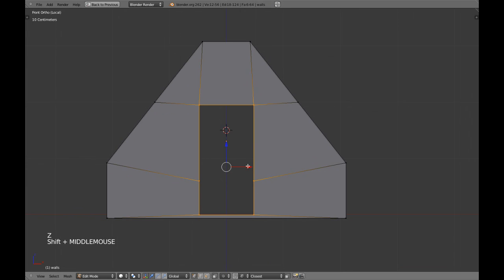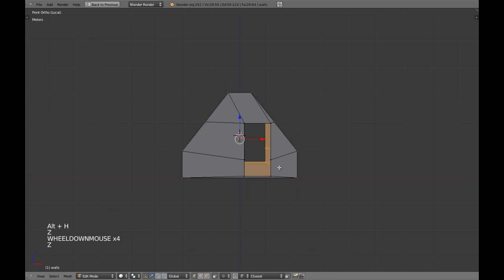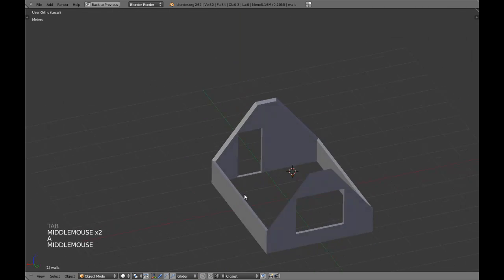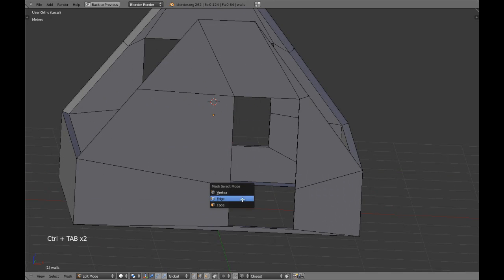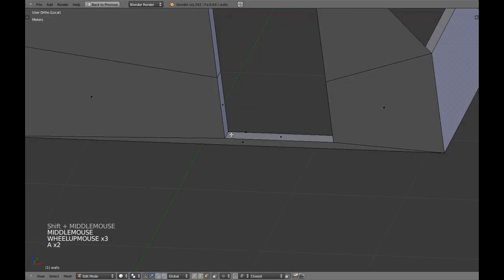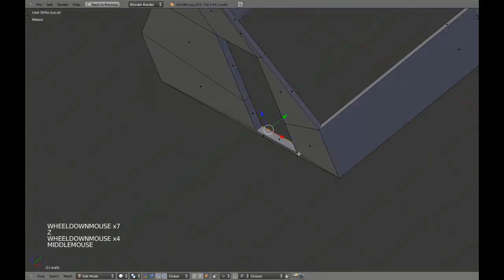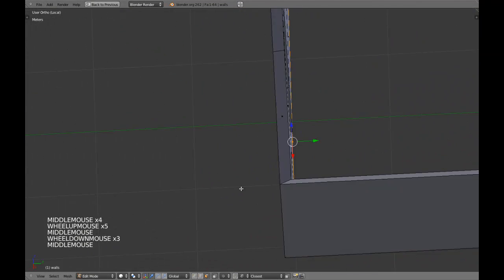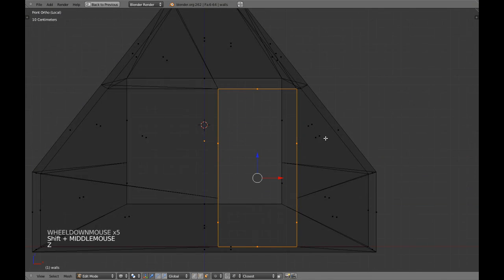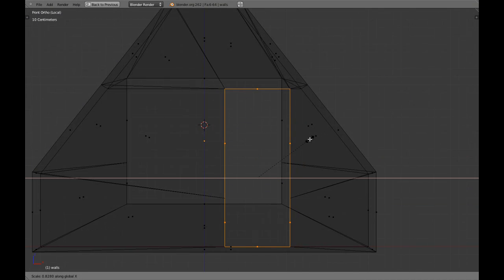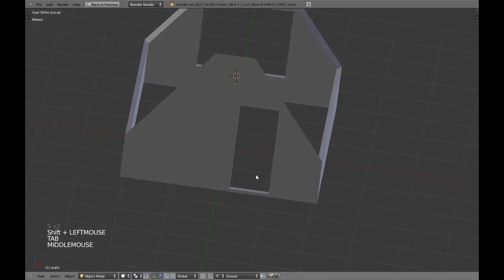So now I'm going to move this like in here. Just let me check. Okay, maybe scale it in x-axis. You see this dot in here? That means there is a face in there. We're going to fix it in a second. Okay,